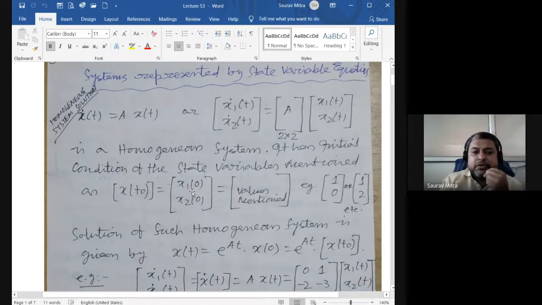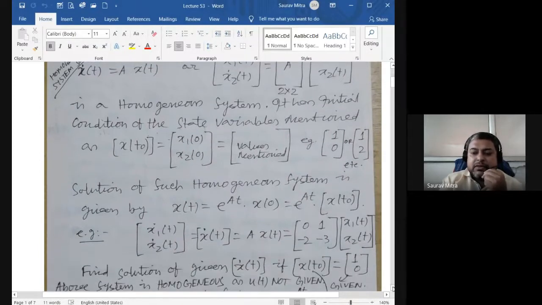Nevertheless, that is x1(0) and x2(0). If there are two state variables, what is the initial value? That means before you have applied any voltage, before you have done anything to the system, what are the initial values of those state variables? Like the capacitor voltage: the capacitor was used previously, and after that you are using the capacitor for the next experimentation. The capacitor has a very small 0.2 volt in it, so that means x2(0) will be 0.2. Inductive current: you have used the RLC's inductor previously, and that inductive current value is stored already.